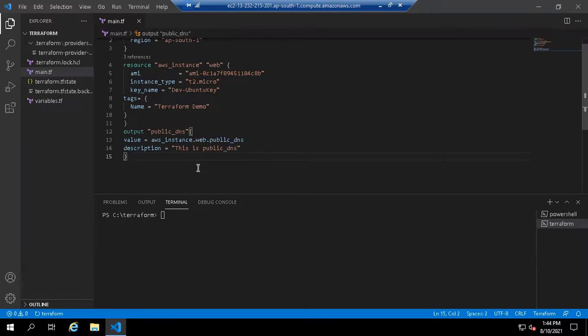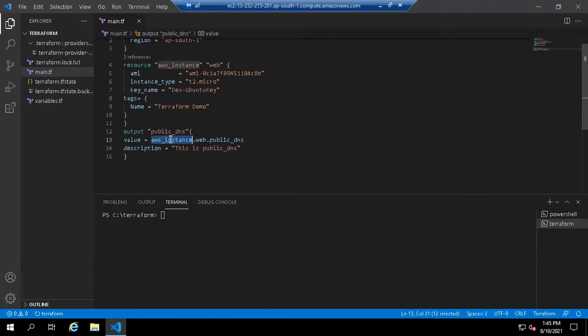Then output value. So firstly we need to define the keyword output. Then you can put any meaningful name for output value. So I have assigned public_dns.